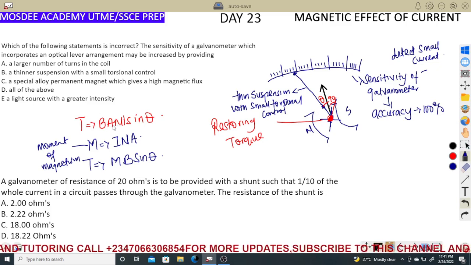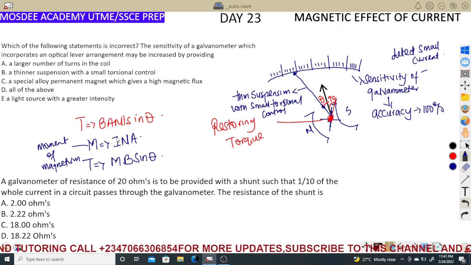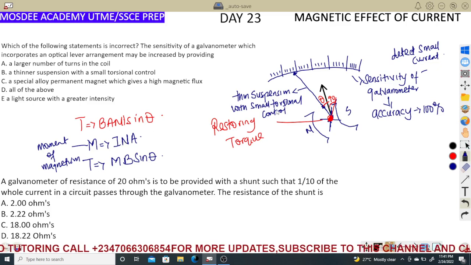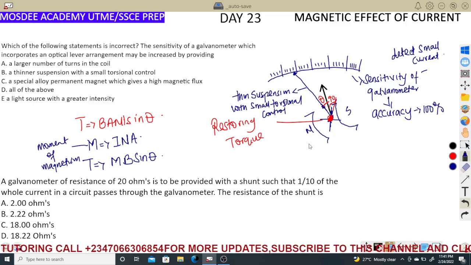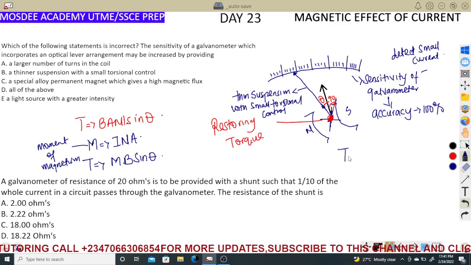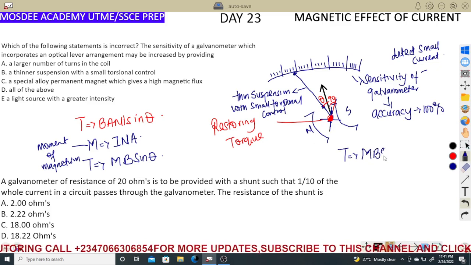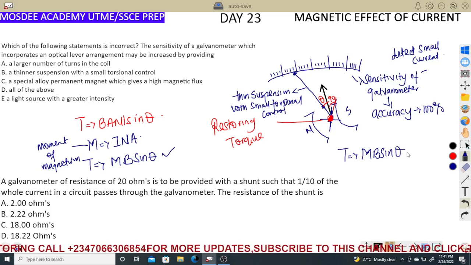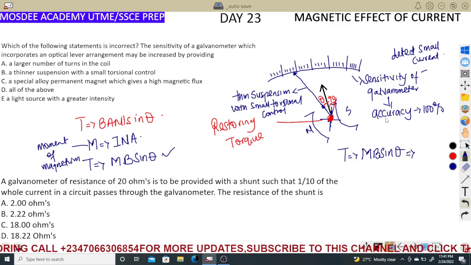Number of turns, area, magnetic field, and current. All these factors come together, and we now say as it is rotating, like I told you, it starts moving, it starts rotating. So we say the total amount of torque, which we write as MB sine theta, which I have written here, is the same thing as